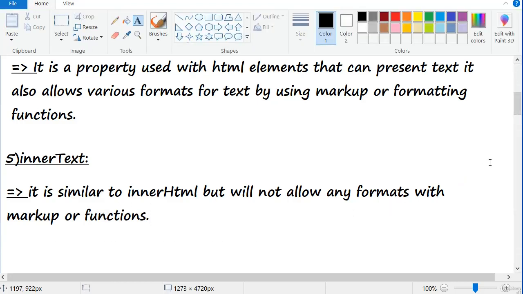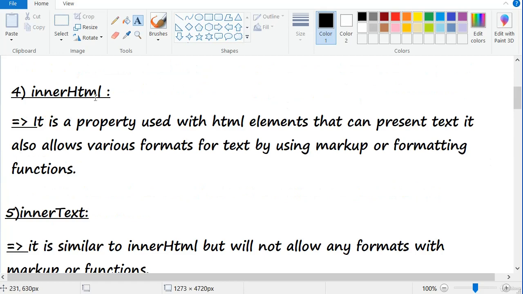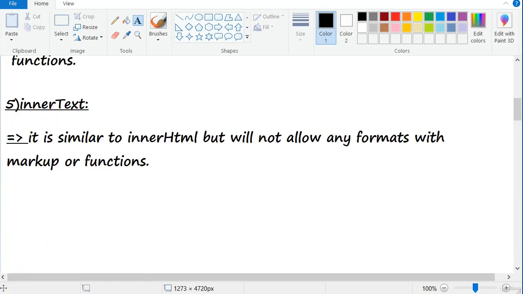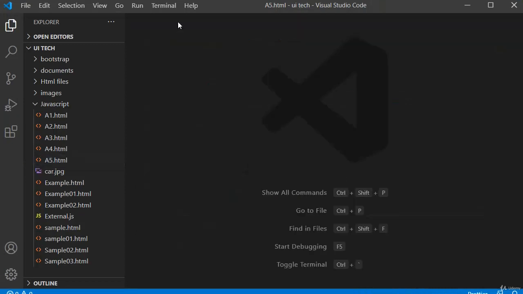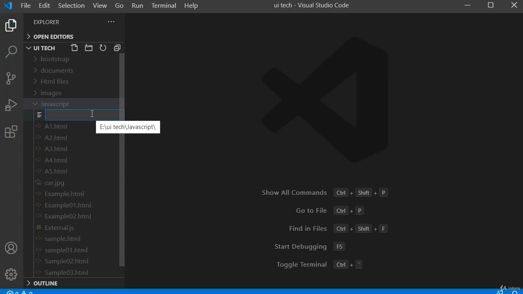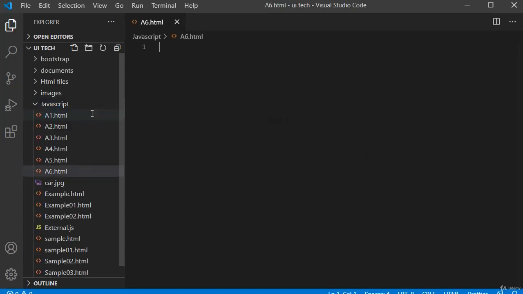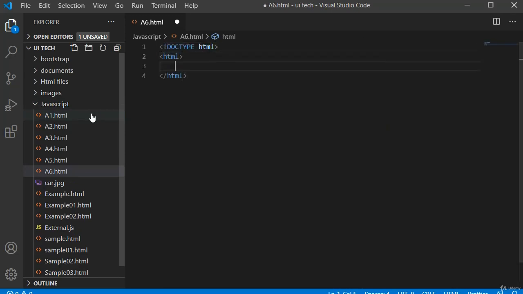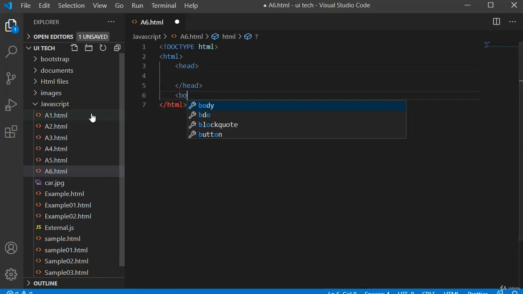We will see a real world example of how we can use inner HTML and inner text in our web page. Just go to Visual Studio Code, create a new file. In our JavaScript folder, I am creating a file a6.html, then doctype HTML, head section and body section.